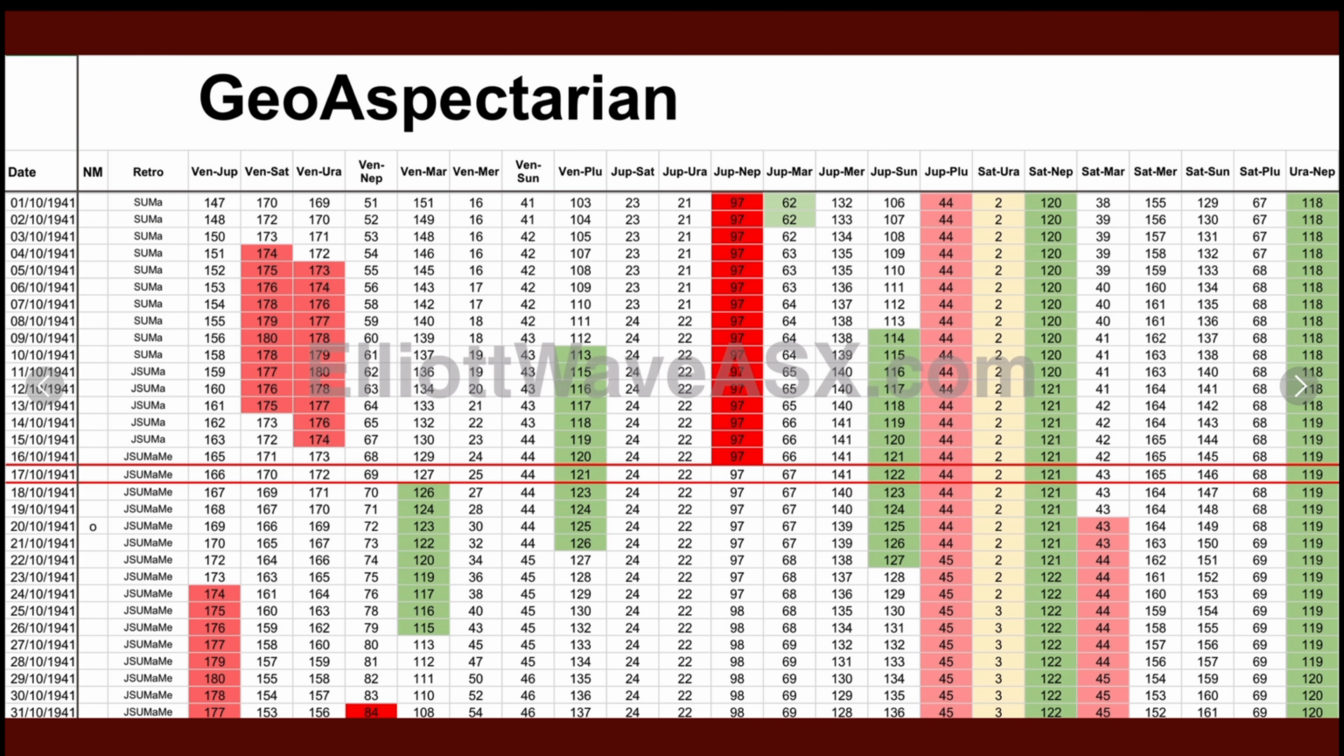Now if we look at the Geo-Aspectarian for the low on the 17th of the 10th, 1941, we can see Venus-Mars just coming into a trine, Venus-Pluto trine, Jupiter-Neptune just out of a square, Jupiter-Sun trine, Saturn-Uranus conjunct, Saturn-Neptune trine, Uranus-Neptune trine, and if I scroll to the right,